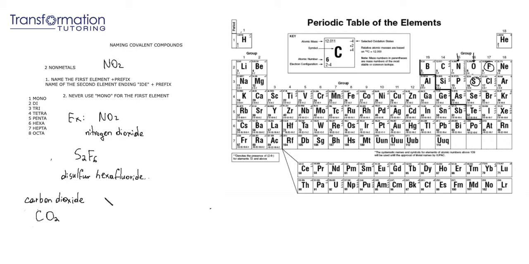Let's also do nitrogen trichloride. Again, nitrogen is just N. And next is this trichloride. Chloride comes from chlorine, Cl. And tri means there are three of it, so we put a little three